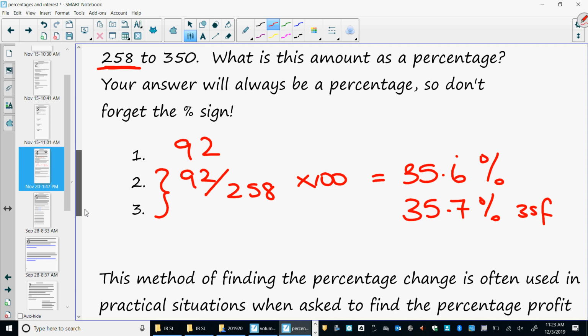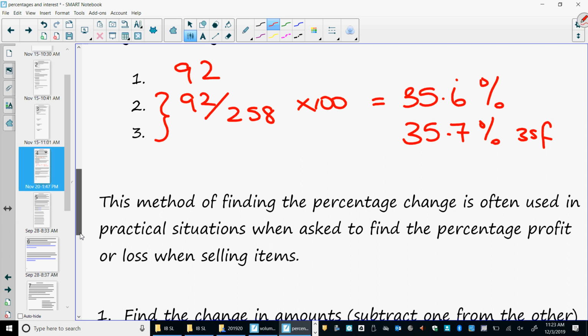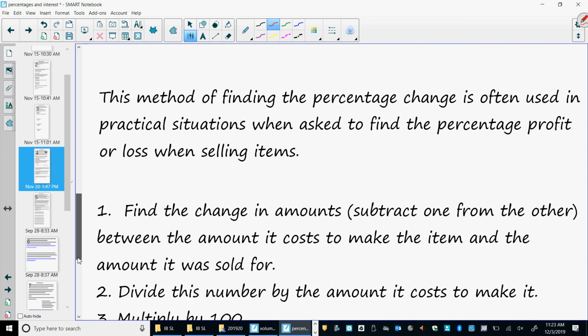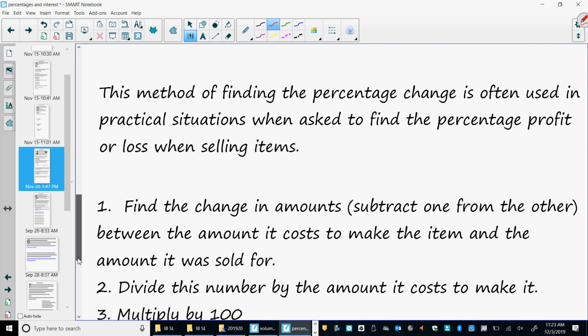Yeah, that's fine. Okay. So this method of finding percentage change is often used in practical situations when talking about